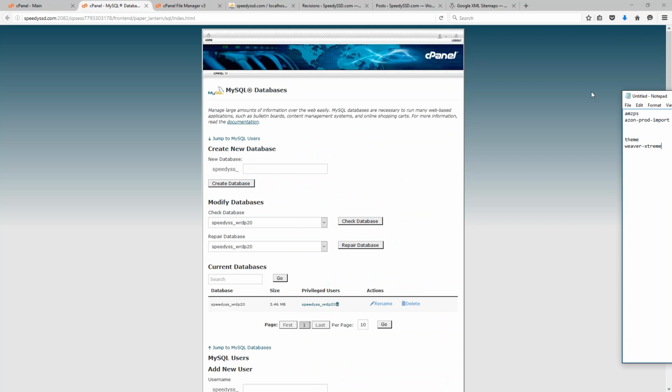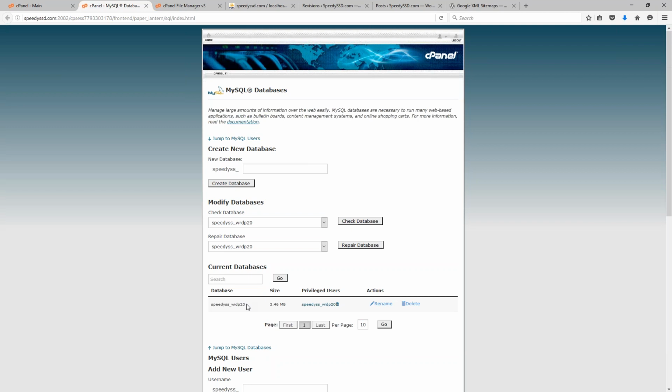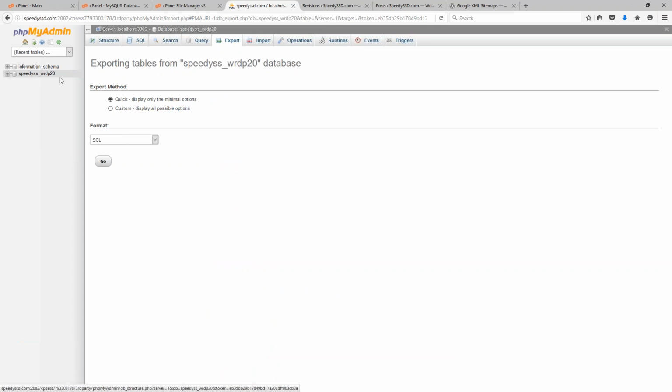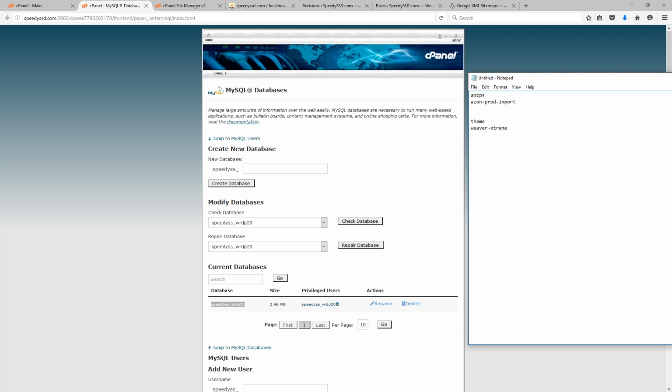And on this page, my goal is to obtain a couple pieces of information. I want to know, first of all, the name of the database. If you have multiple databases, you are going to need to make sure you are working with the correct one. This name here matches up with what you see in PHPMyAdmin. So this is the name of the database right here. So make sure you have the correct database, record the name of it,